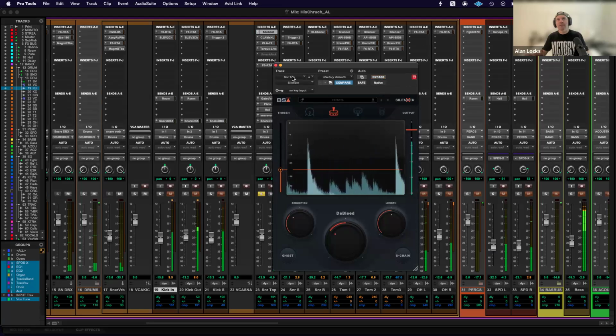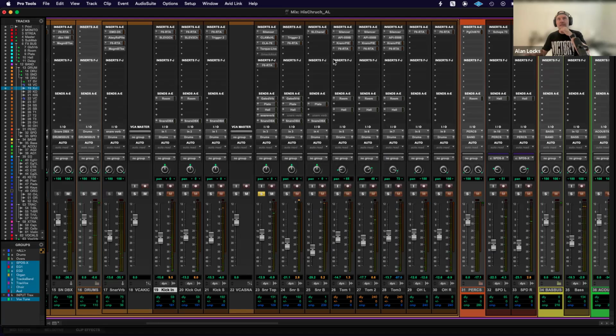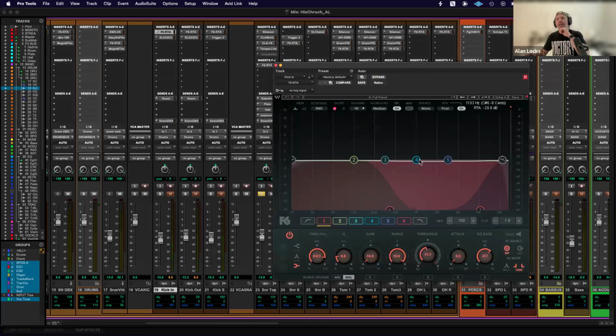See? The problem is this plugin is pretty heavy, so I took it out of the kick because it was too heavy, and I kept it only on the snare and the toms. But this is kind of making the same thing. So you don't need to mess with this